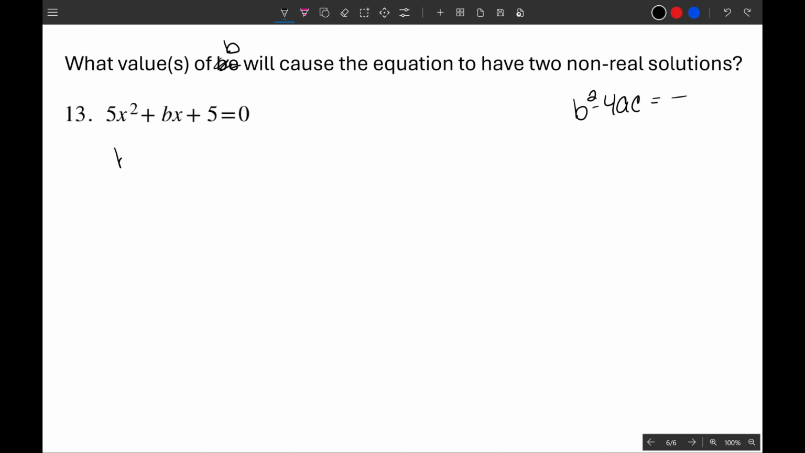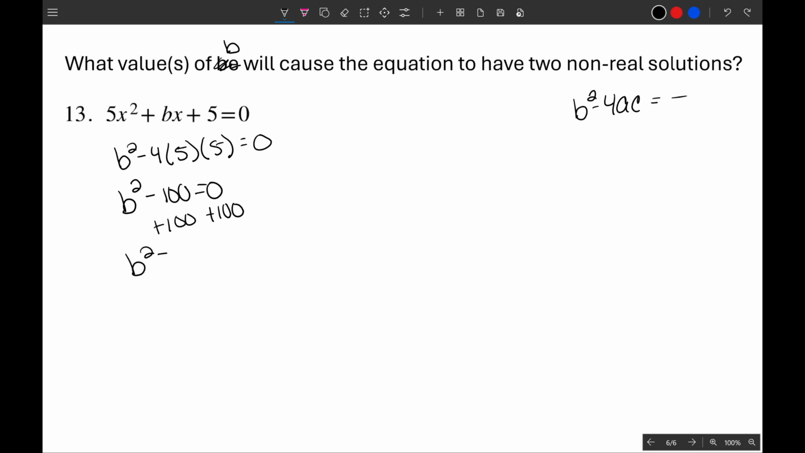So I know that I have b squared minus 4 times a, which is 5, times c, which is also 5, equals 0. Now I have b squared minus 100 equals 0. I'm going to add the 100. So b squared equals 100. I will square root. So I have plus or minus 10, because 100 is a perfect square. Now, that would give me one real solution, but I have to figure out,